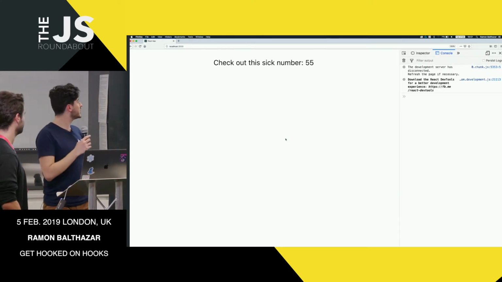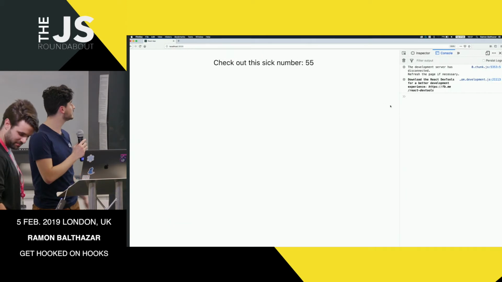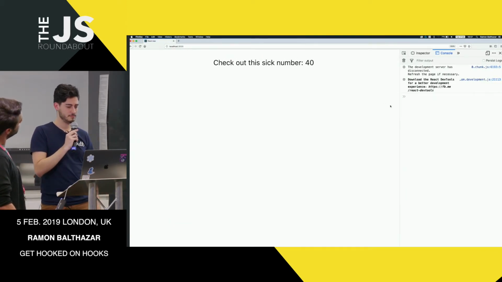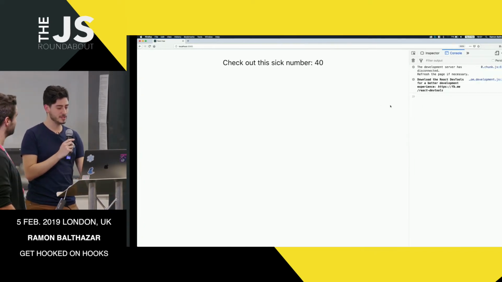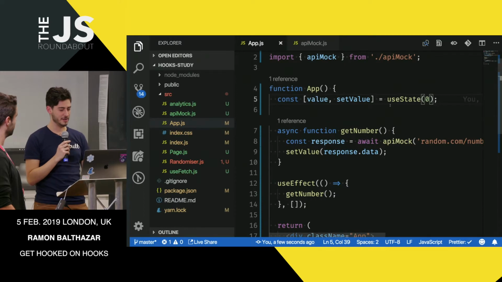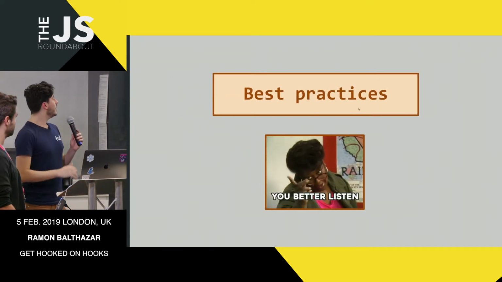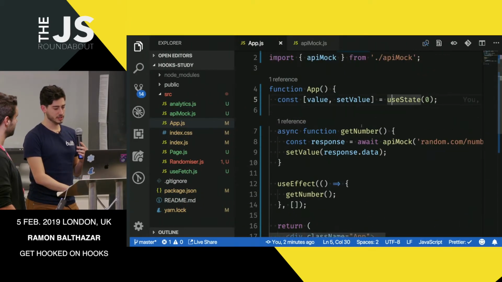Whoa! So I'm going to refresh the page, and you're going to see that it's going to start with a 0, and after some time, it will fetch our number. Yeah, okay. So now, this is pretty exciting. I'm going to show you why. What we just did, inside our function, we've got several hooks.